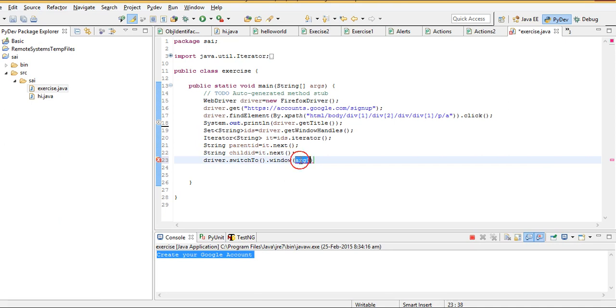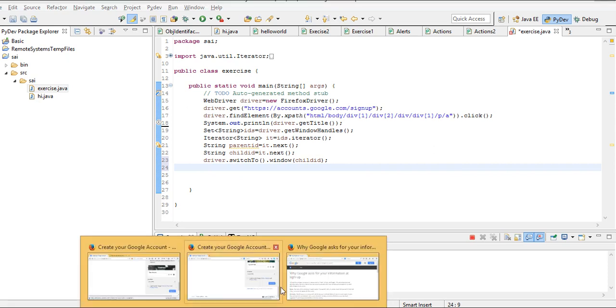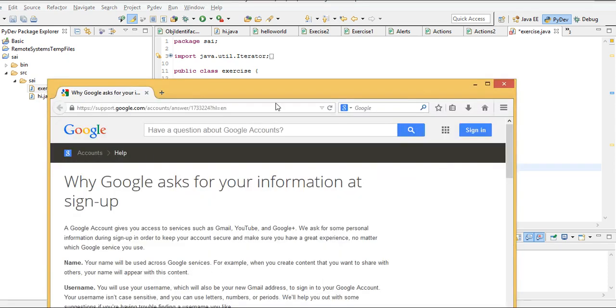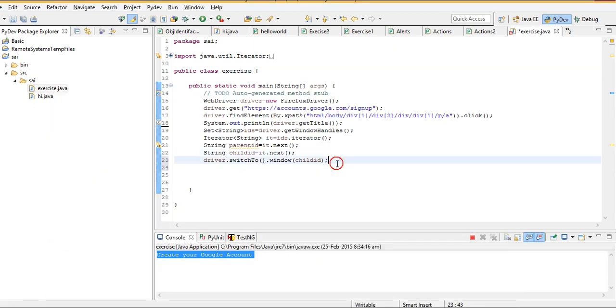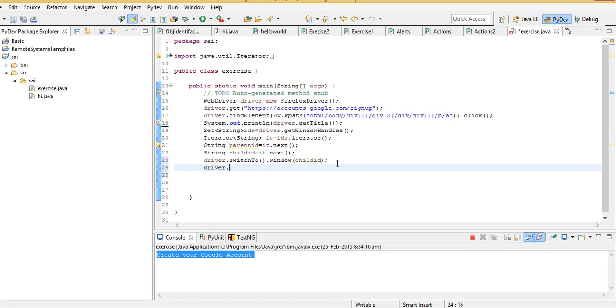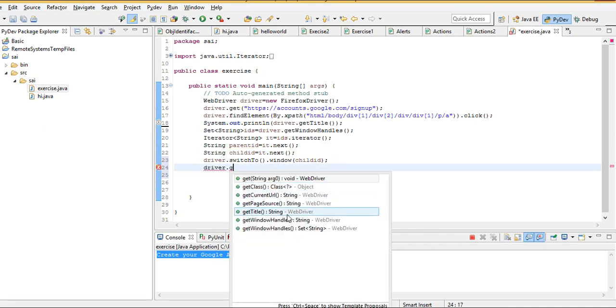I will place it here, and now it will successfully switch our control from parent to this child ID. Now I'll print out the title, and you should see that the title is something like "Why Google asks for your information at sign up." So this is what I'm expecting. driver.getTitle.